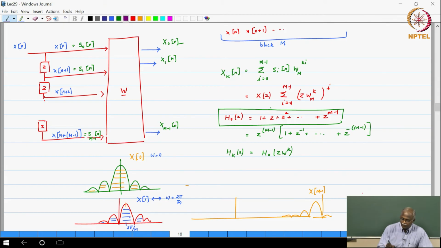So, basically call this alpha 0, alpha 1, all the way to alpha, I am using m, sorry, m minus 1. Okay, so the windowing helps you with